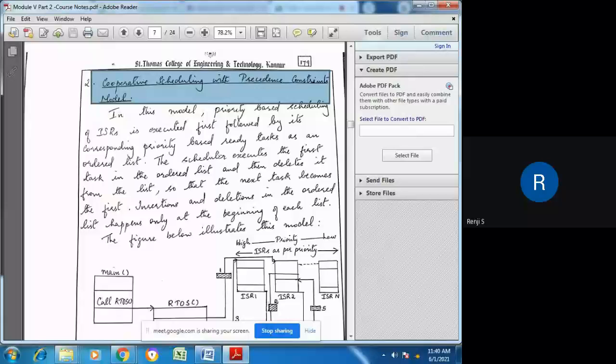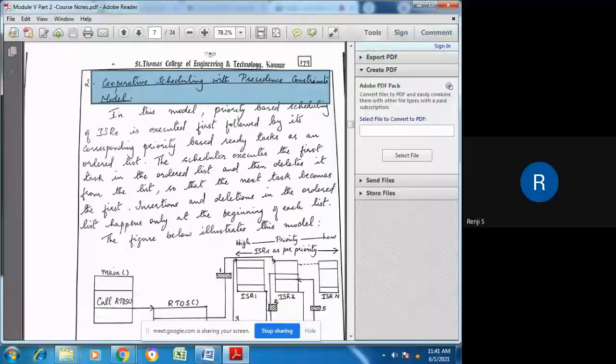But in this model, when the tasks are placed into the ready list, the priority of the other tasks in the list is also compared. If the task that has arrived right now has higher priority than the one that is already in the list, then the task which has just arrived will be put at the beginning of the list or the queue. In the first method, the tasks are inserted into the queue in the order in which they arrive. No priority checking is done there.